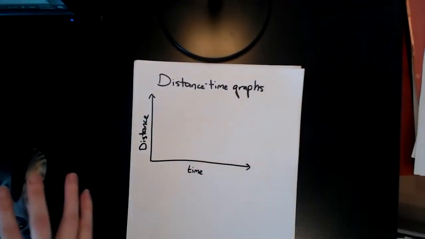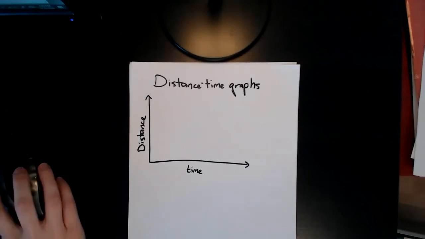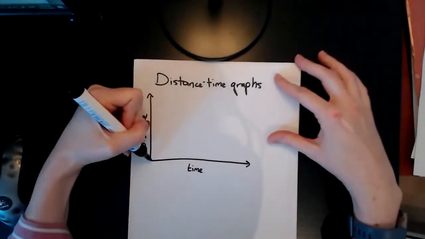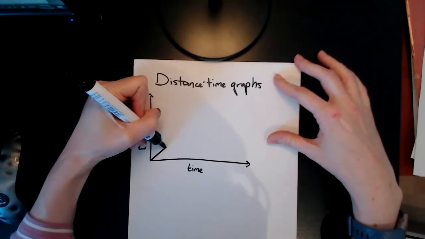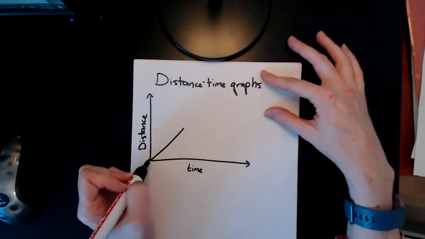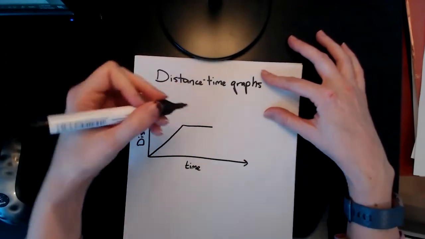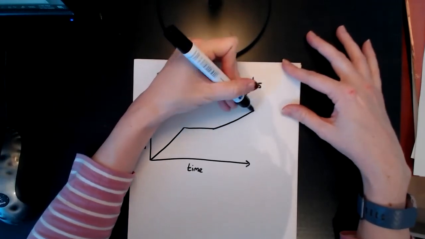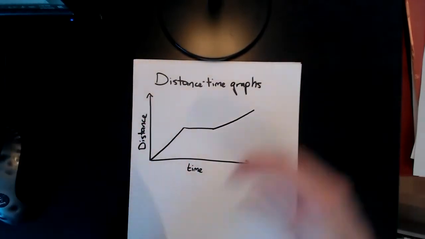Okay, and so for distance time graphs, all right, distance time graphs are exactly what it sounds like. So the idea is that if you have an object that is moving away from its point of origin, then that will be shown with a line like this. And then if the object stops moving, then the distance from where it began doesn't change. And so that would be shown by a flat line. And then if it starts moving again, it can move off slower or faster, and that would be shown with another straight line. Now, of course, you can have distance time graphs that are curved, but you won't for the